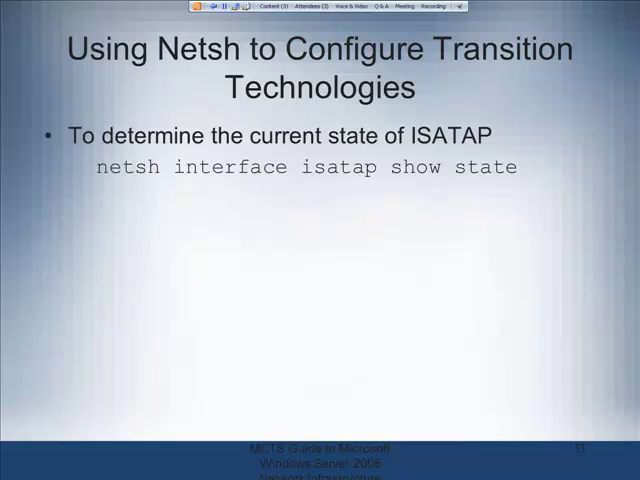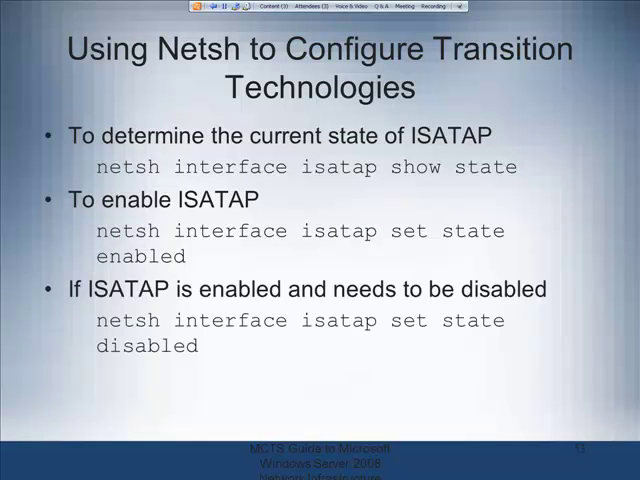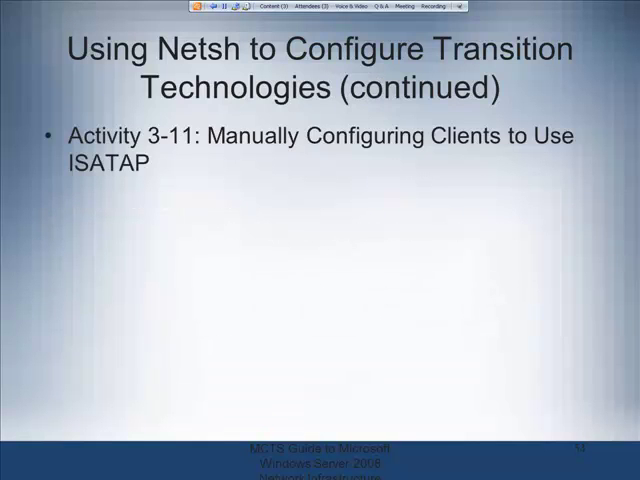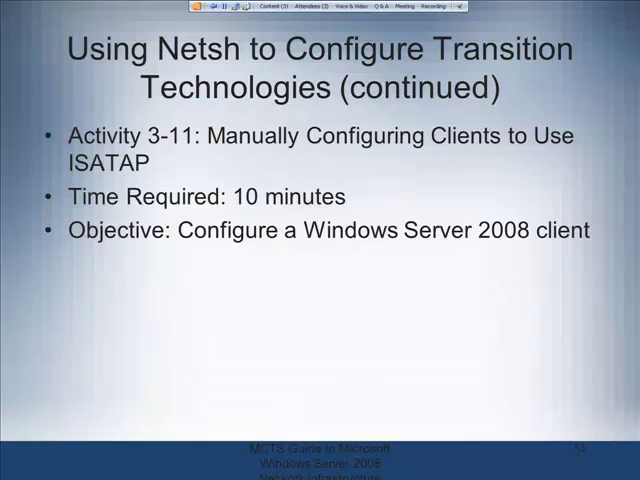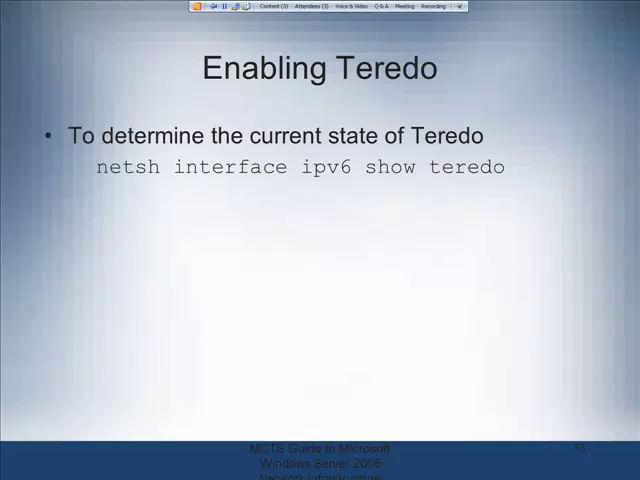Netsh, to enable, and the commands to enable each of these things on it. Enabling Teredo, show Teredo, and there are a number of show commands, sounds like Cisco now, doesn't it, that allow